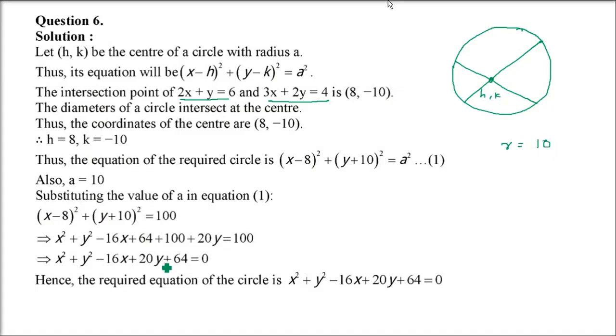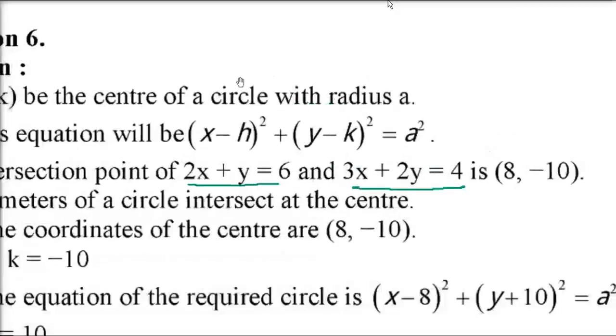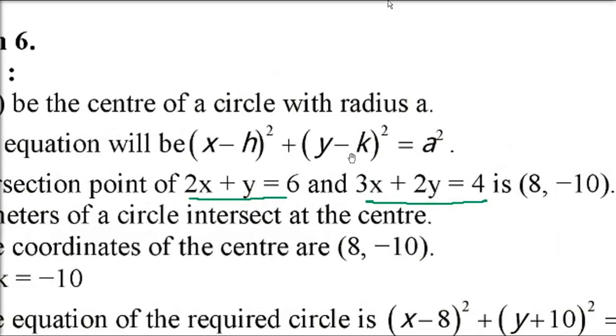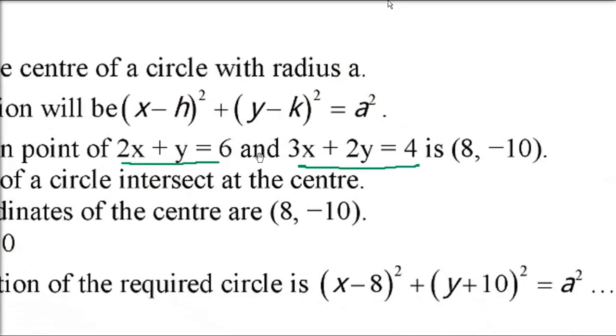So radius is already given. R is 10. So you just put it in the formula. This equation, as I said, is going to be used multiple times. So you just solve these two equations. I hope you'll be able to solve a linear equation. We have done 24 chapters now. We know how to solve this equation. In 10th standard also we solved it.